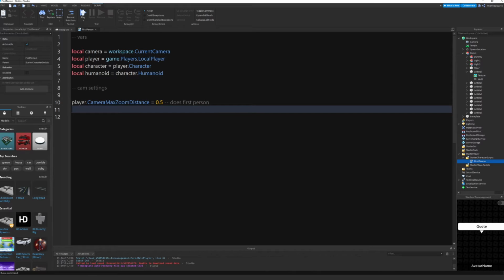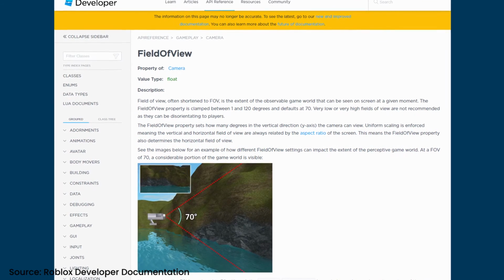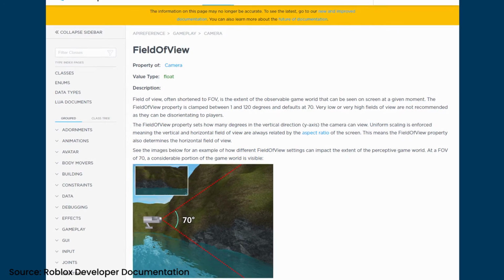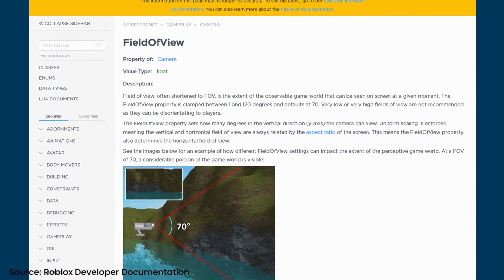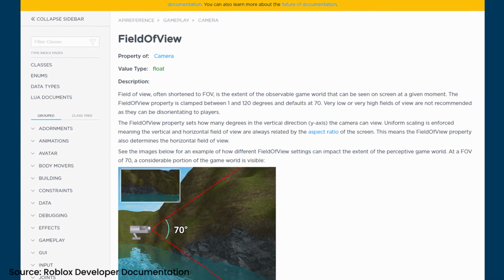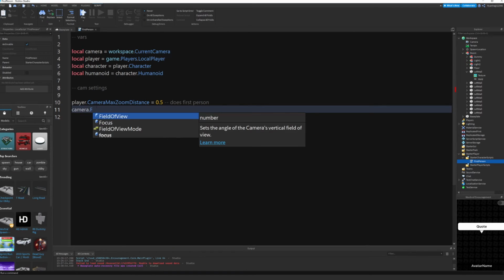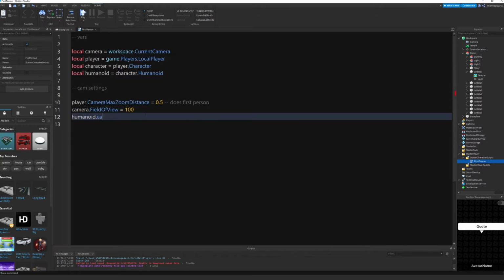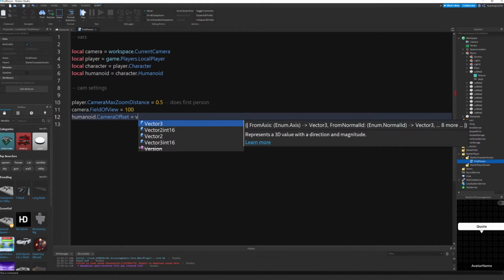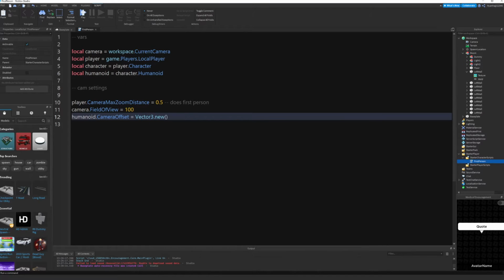I'm going to go down and change the field of view. If you don't know what the field of view is, I'll put a picture up on screen right now. Field of view is how much is visible to you, how much you can see. Making it bigger means you can see more, making it smaller means you can see less. So camera.FieldOfView, I'm going to set that to 95. We'll do 100. We'll go down and do humanoid.CameraOffset equals Vector3.new(